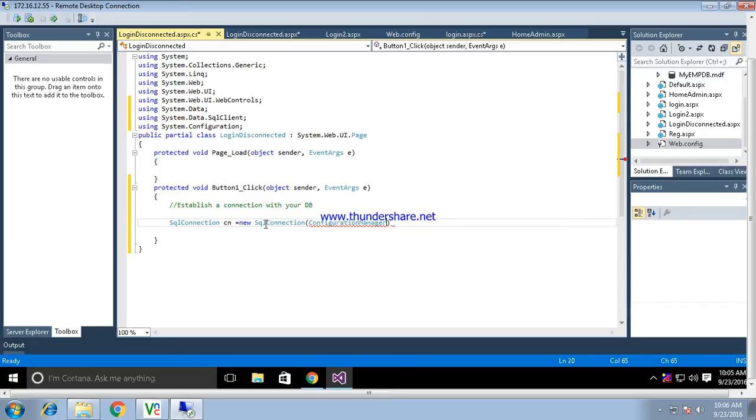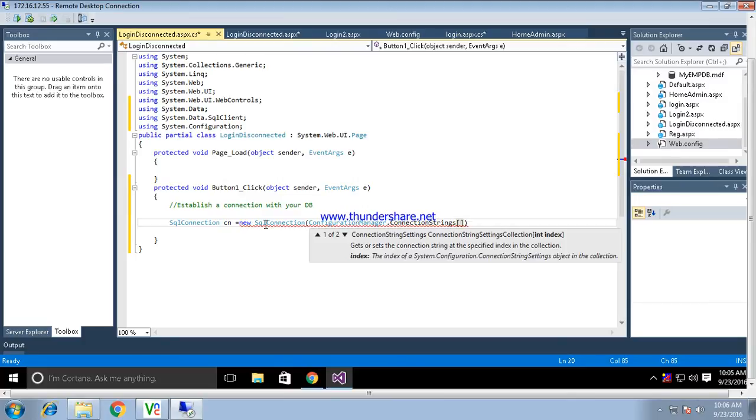ConfigurationManager has a property called ConnectionStrings. You may have more than one connection string, so either you can access it by the connection string name, or by its index. But remember, the index is always starting with 1. So I have to write the very first connection string that is specified in the configuration tag of web.config.